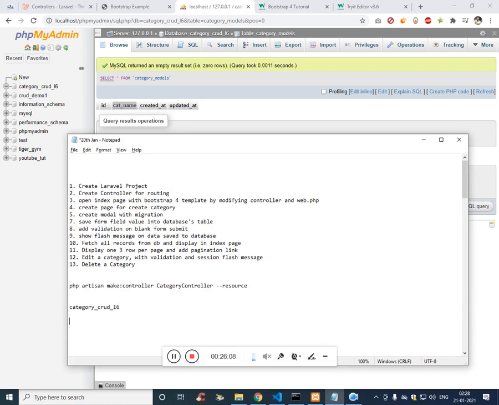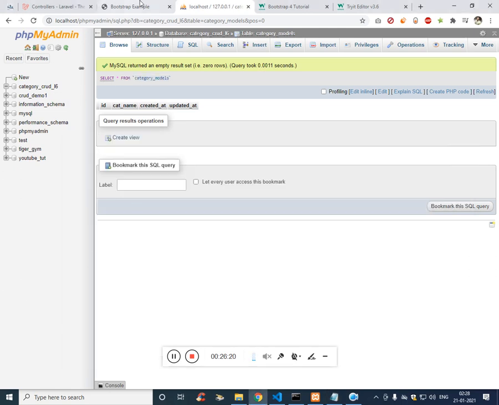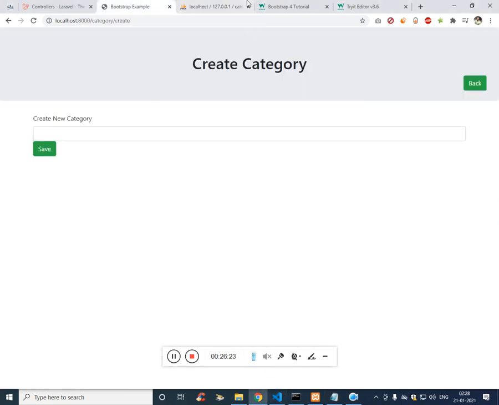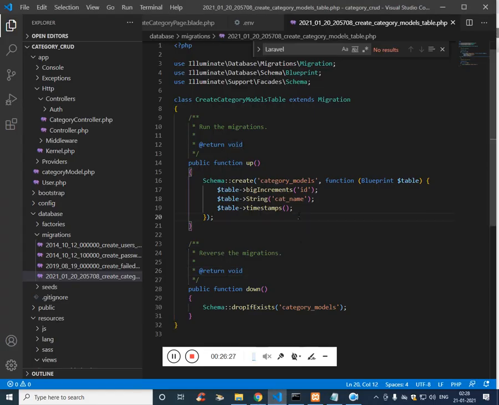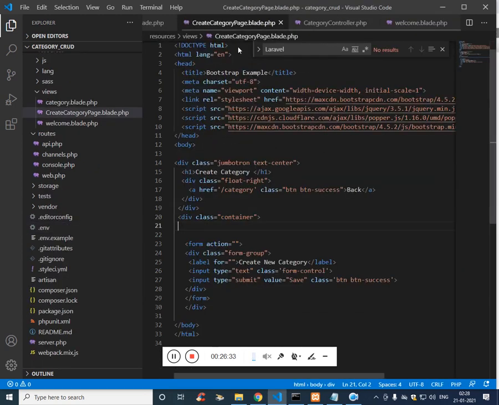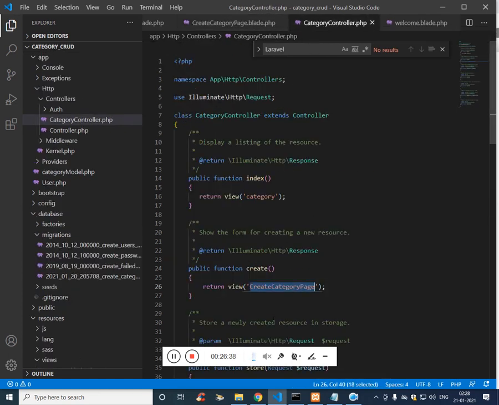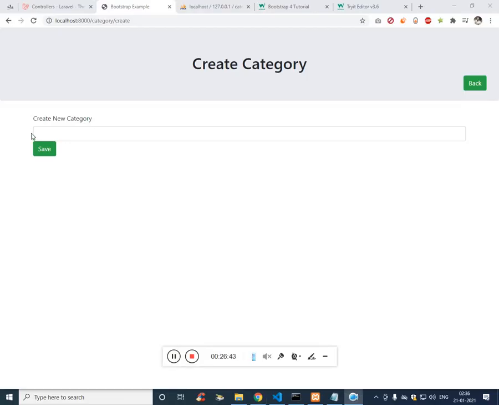Let's copy this. This could be handy. Database name is not needed. Table name might be needed, and table name is also not needed. Fine. Now you can see we have created the columns without touching phpMyAdmin. So now let's close all the unnecessary files. Now let's save the data into the table.